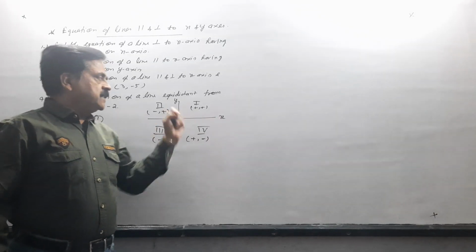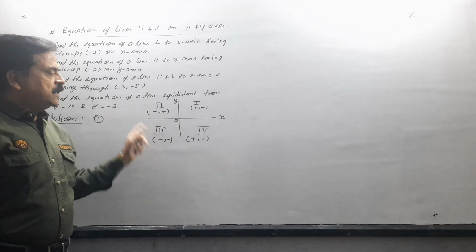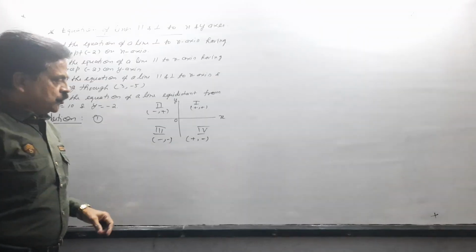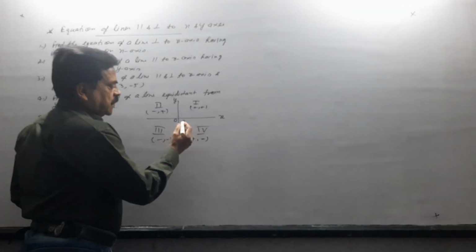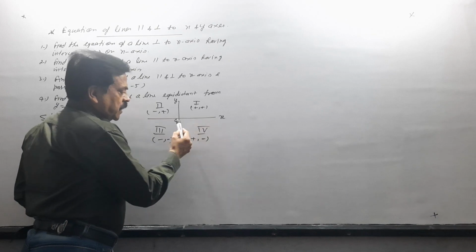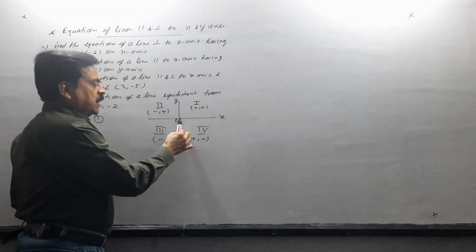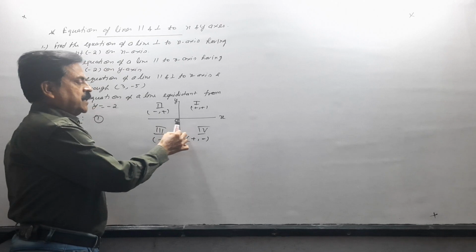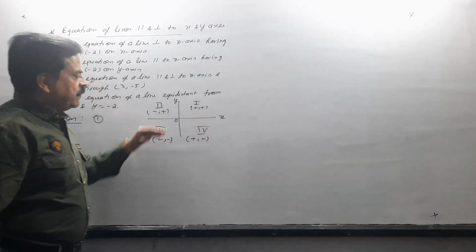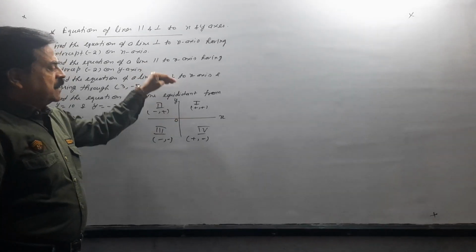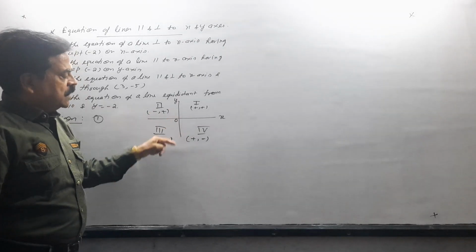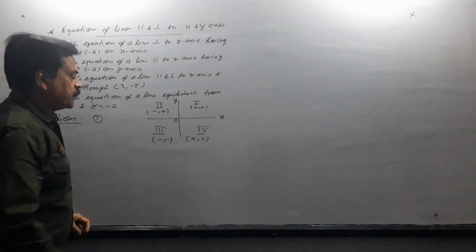Horizontal line is called x-axis and vertical line is called y-axis, and their point of intersection is called origin, whose coordinates are 0, 0. On x-axis, distances are measured with positive sign in the right of origin, and in the left of origin distances are measured with negative sign. Similarly on y-axis, above the origin distances are measured positively and distances below the origin are measured as negative.